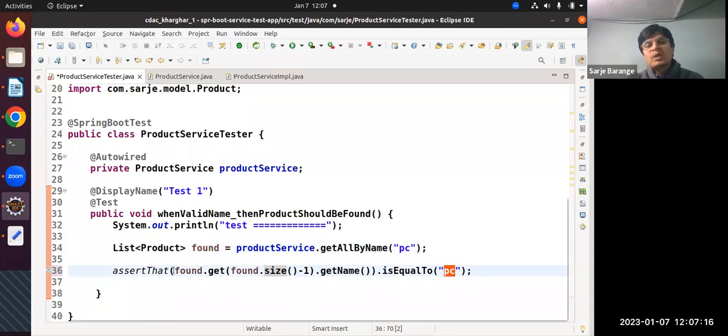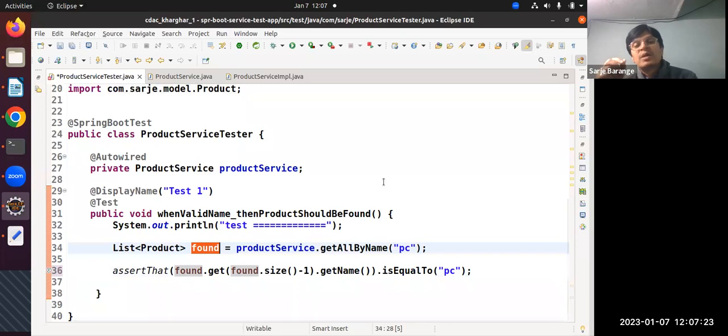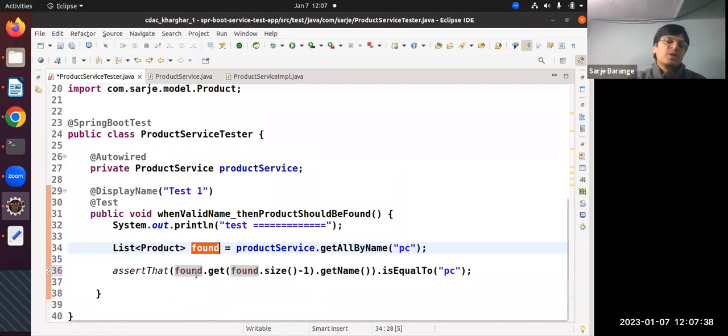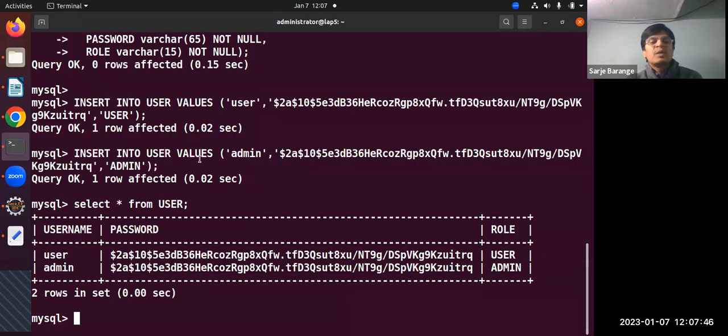So for whatever purpose you are testing, the code should be written here. Maybe you want to test how many elements the list contains, whether the number of elements is greater than 10, or you want to test all the elements. The first item is PC, second item is mobile, third item is something. So whatever test you want to perform should be written by you. But what I'm testing is just that in this list, the very last item has the name PC or not. Otherwise, I will check what is there. Accordingly, we will write